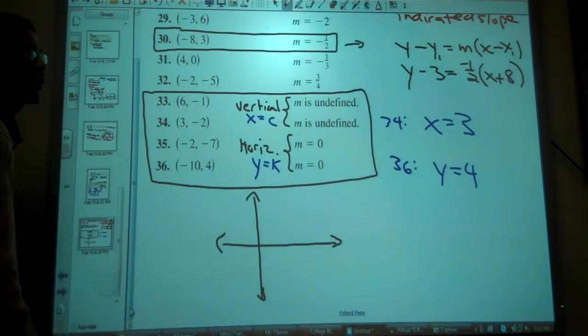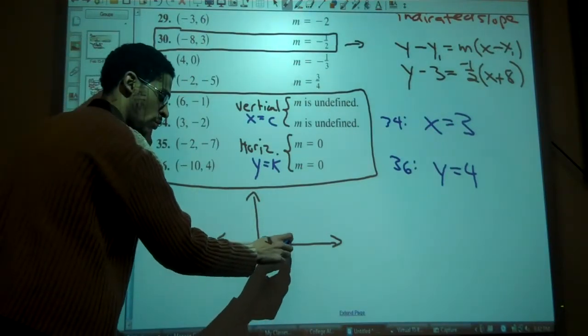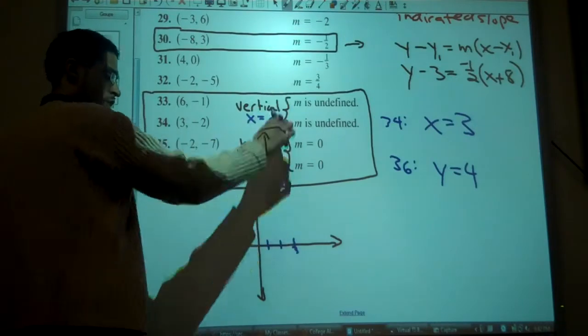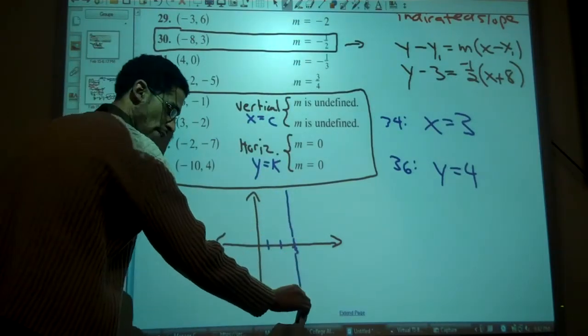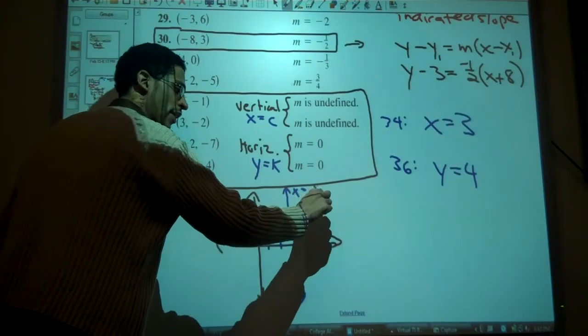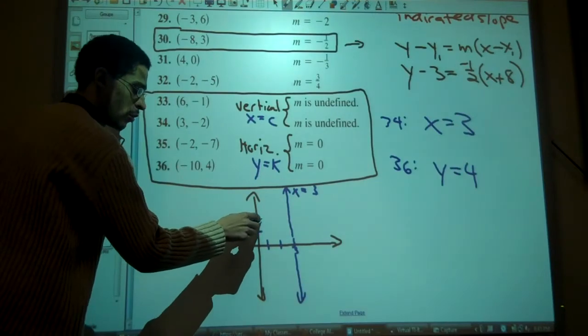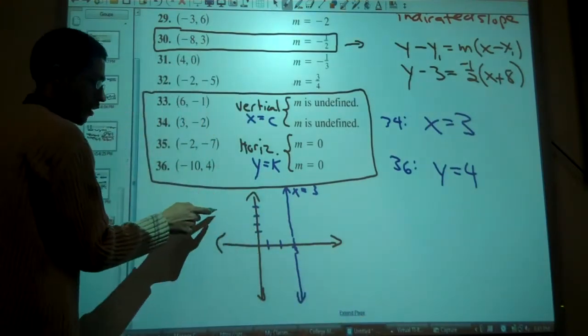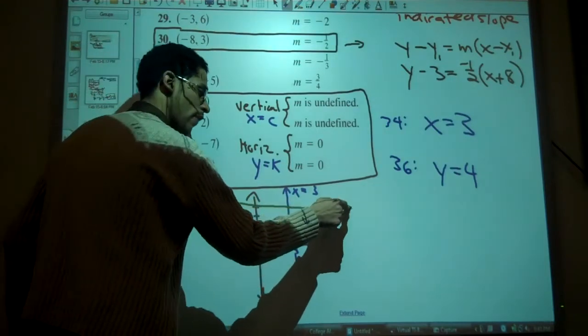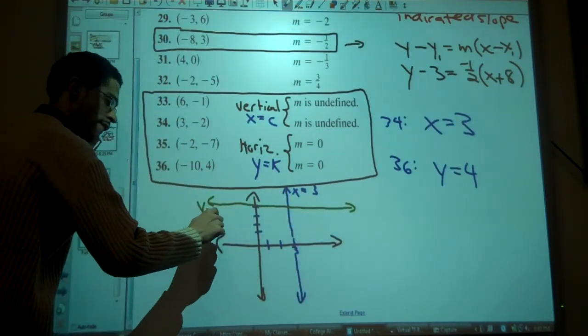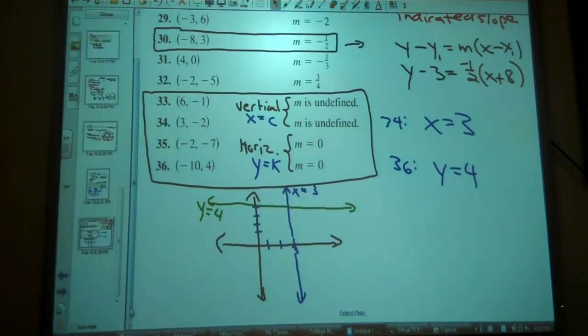There are other kinds of lines that give us trouble. X equals 3. Just go over 1, 2, 3 on x, and you have a line that goes up and down vertically. All right, that's x equals 3. Y equals 4. You go up 1, 2, 3, 4. Draw a line that goes horizontal. But graphing one of these other lines, not so easy. If we want to graph that line, what you do is you use the